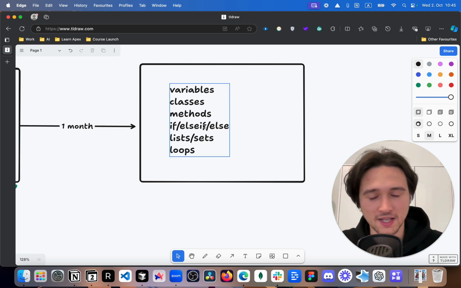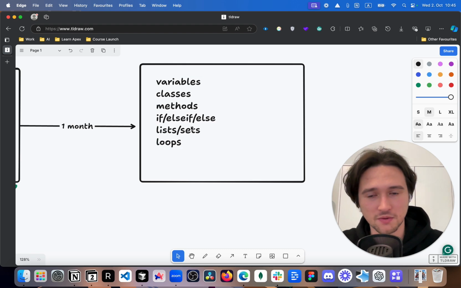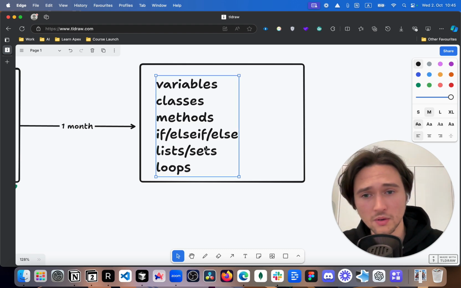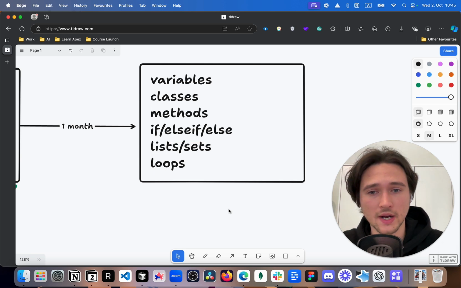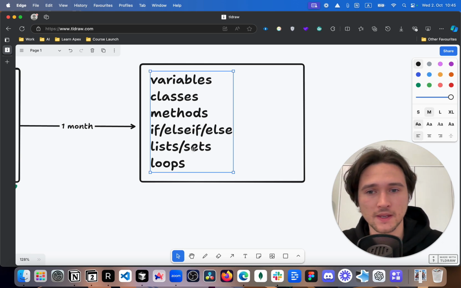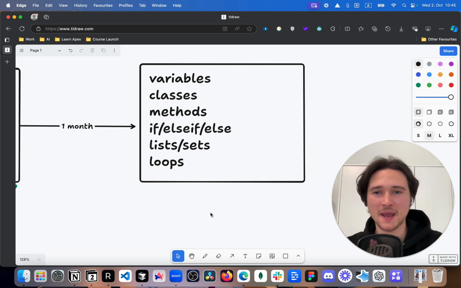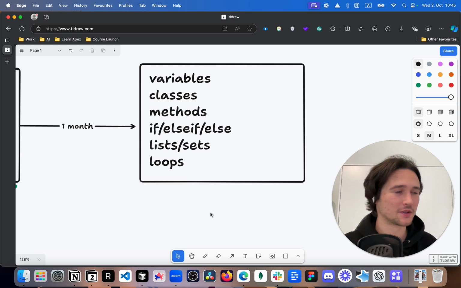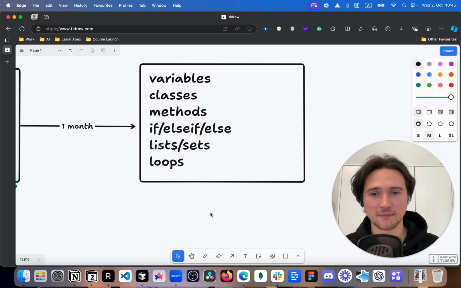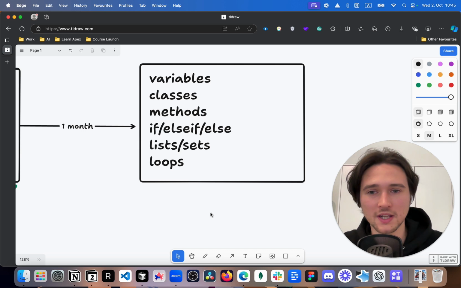So you don't want to do that. You want to really focus on those concepts. Don't try to go anywhere else until you understand those concepts. I tell you, if you don't understand them, you will not be able to write triggers. You will not be able to write anything else. You need to understand them. And this is the mistake so many people make. They go to Trailhead without understanding those concepts or understanding them poorly.